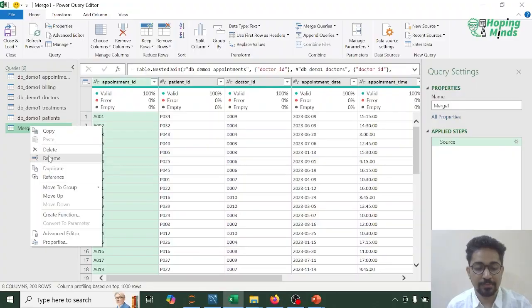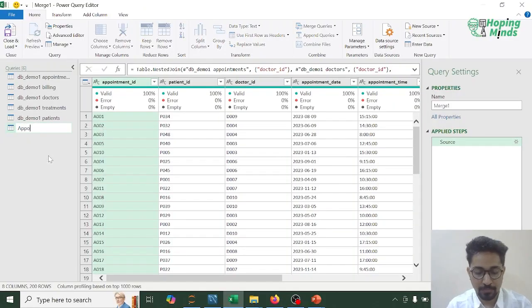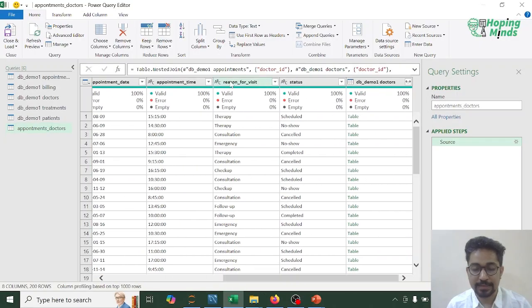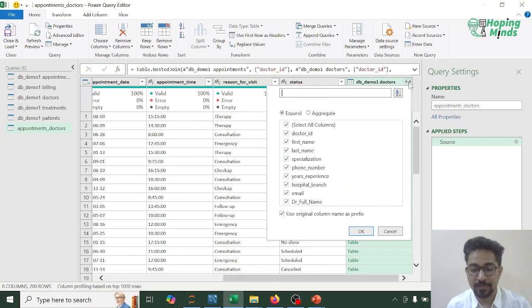So maybe I can rename, I'll call this appointments and doctors. All right, so I'm calling this the appointments and the doctors, right? So this is appointments and doctors. So appointment ID, patient ID, doctor ID, appointment date, appointment time, and then reason for visit, status, and then DB demo one doctor. So I can expand this. Now I don't need the